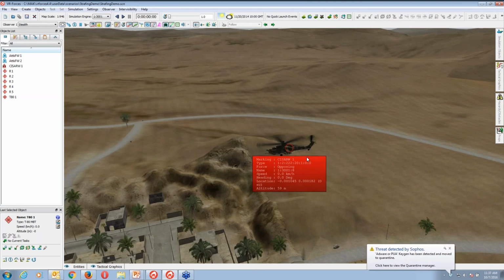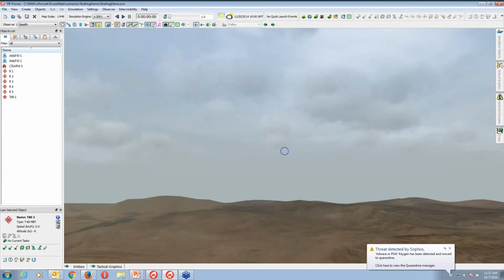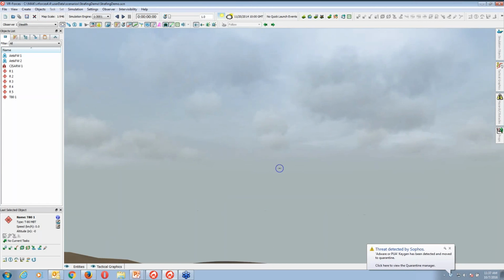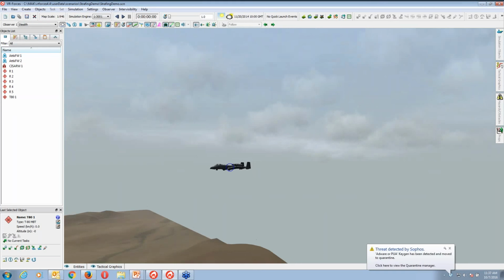If I zoom out, I have two aircraft also, which are friendly aircraft. If you want to go to that particular place, you can select this particular aircraft and right click and attach the observer mode as follow.